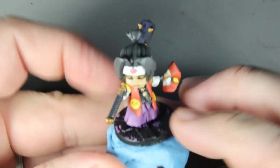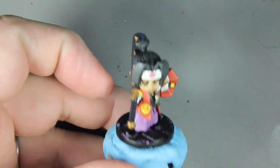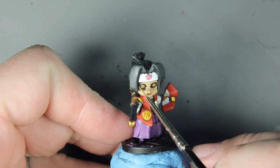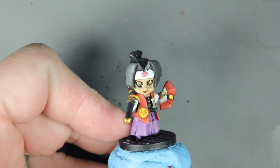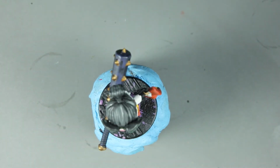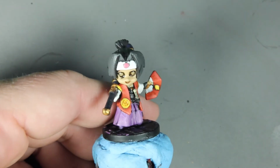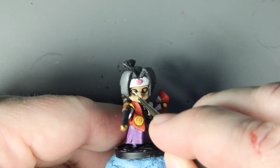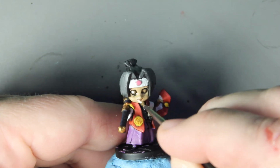So now we're going to paint up the eyes. So I put in the wash here, a black wash for the outline, and then I'm going to come in with some white. And I'm going to paint the eyes, and I've found that if you just start in the middle and work your way out,